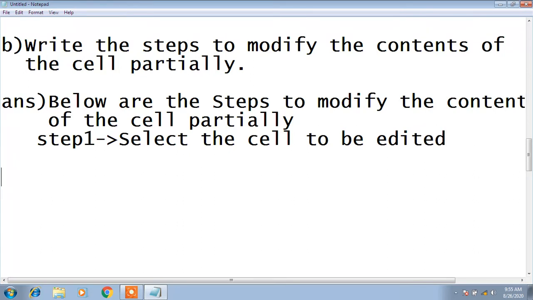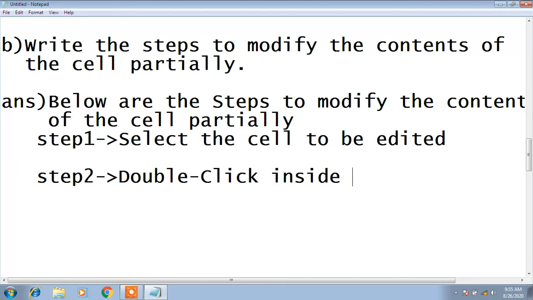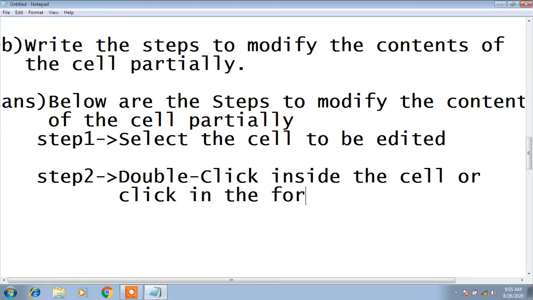Step 2 is double click inside the cell or click in the formula bar.